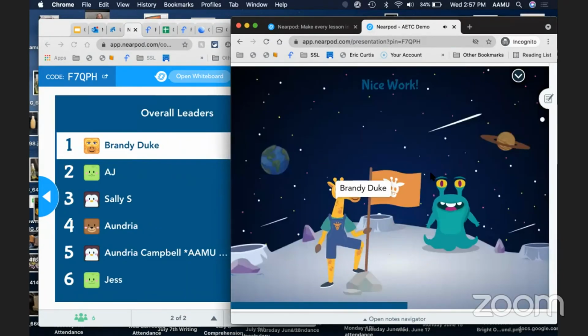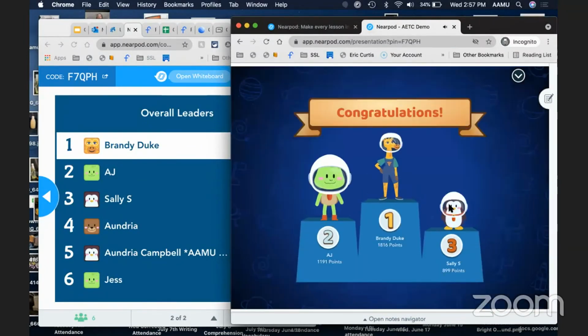All right, and you see at the end, here it is. They had a computer member or something playing with me, but someone may have joined in because the code was up there. Very cool. Yes, someone joined in. I appreciate whoever it was. That's so cool. That just made my whole day. Whoever that was that joined in, I have Sally S. and I have Jess. Oh my gosh, and Brandy Duke.